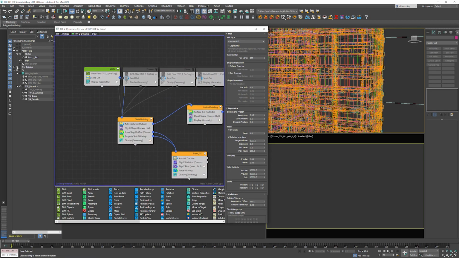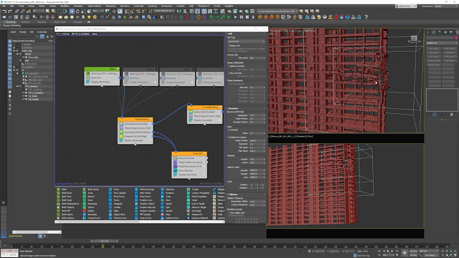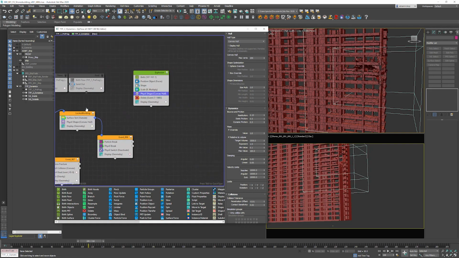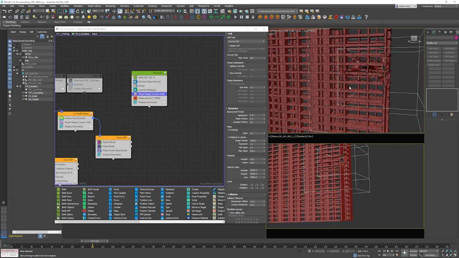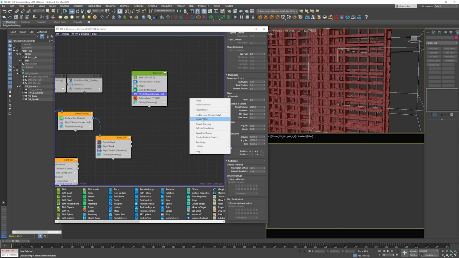Turn on the walls. Let's hide that building again. And so what's going to happen now is the ship is going to come in, and then it's going to get triggered at a certain frame to explode. And what's interesting about this is that as it emits, it's continuing to follow the motion of the object. So all we need to do, I'll go back to the first frame, just turn this off for a second,